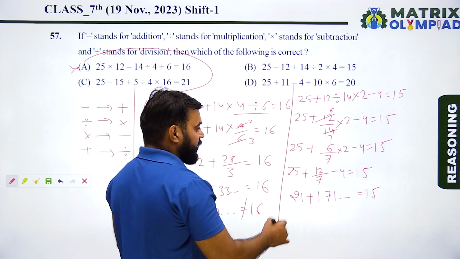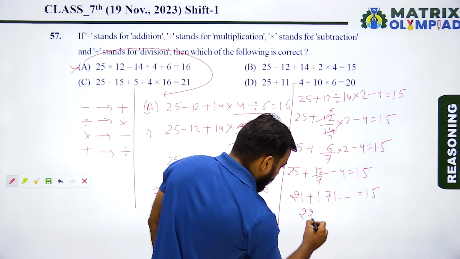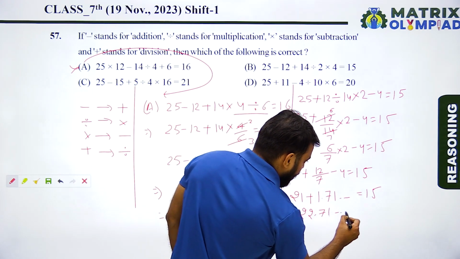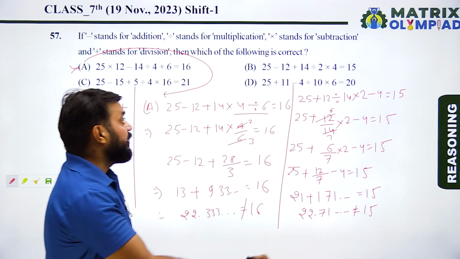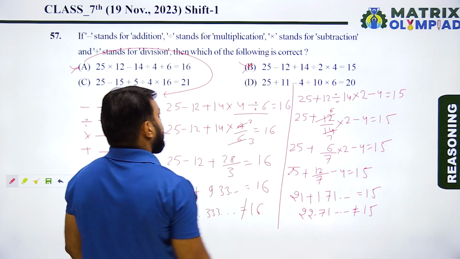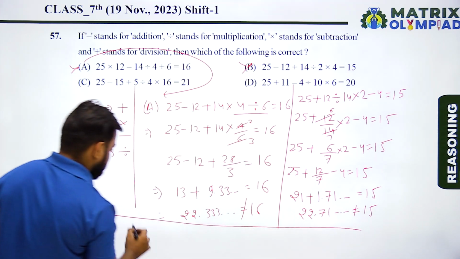21 plus 1.71, it means 22.71 never equals to 15. So here option B also incorrect option. Now taking option C. So according to option C,